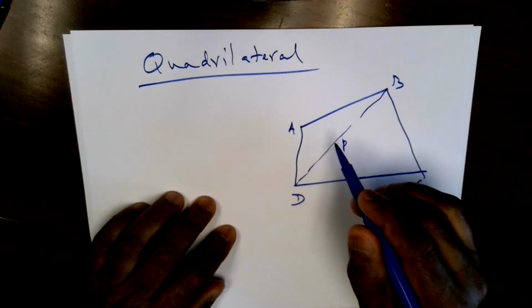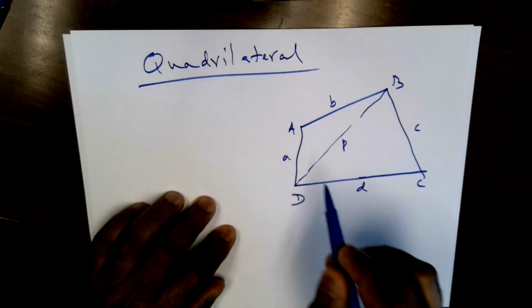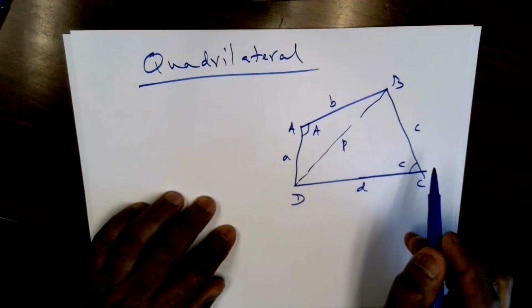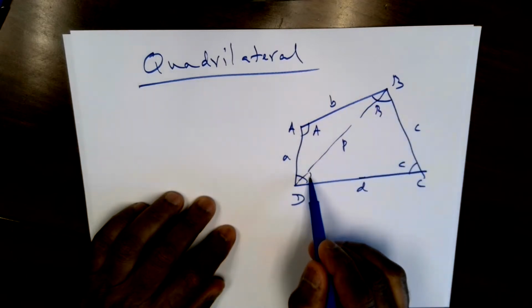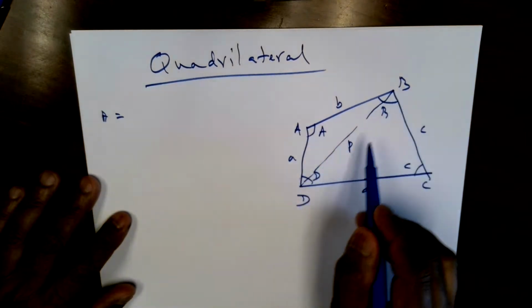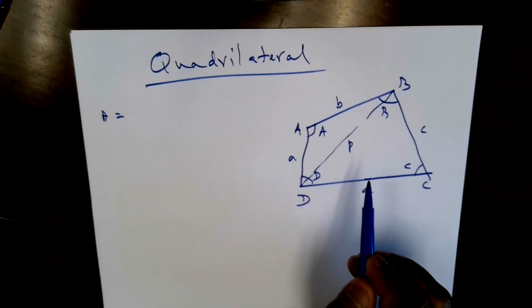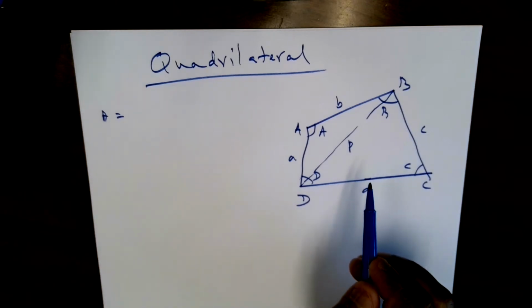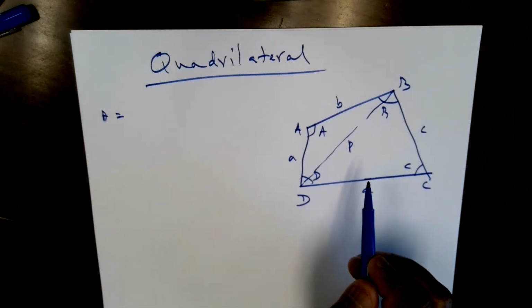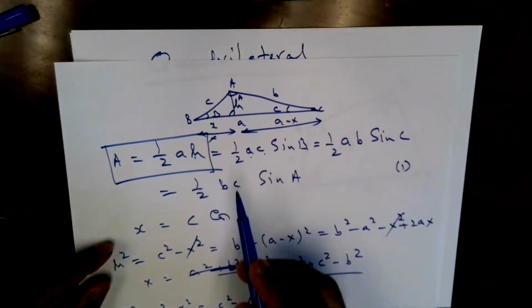I'm going to draw this side to be A, B, C, D. This angle is A, this angle is C, etc. So the total area is the area of this triangle plus the area of this triangle. So from what we did earlier, notice that it is